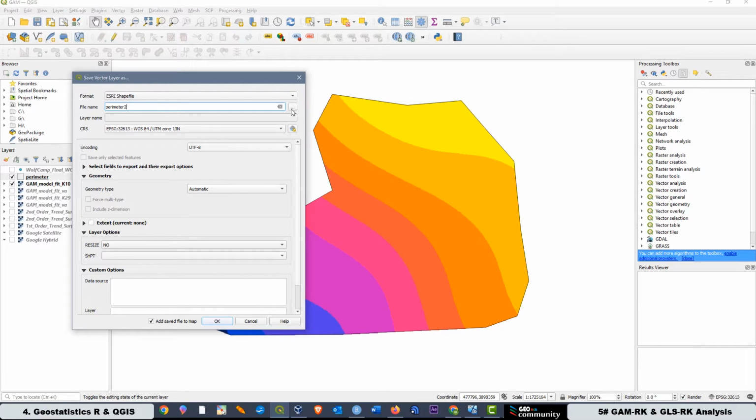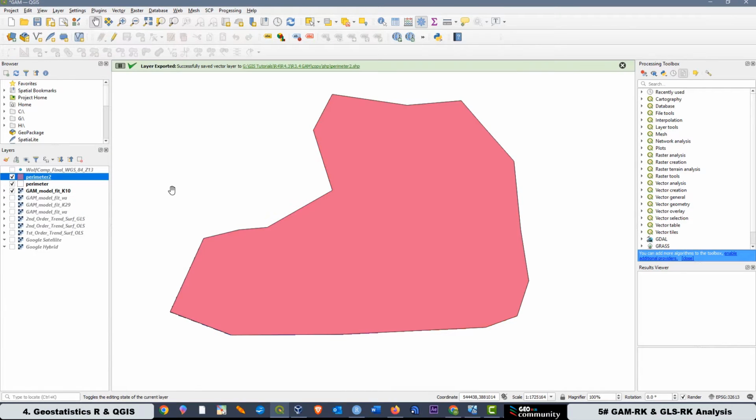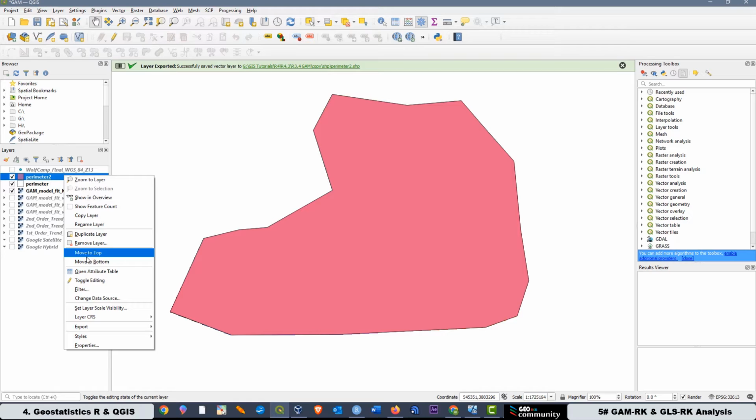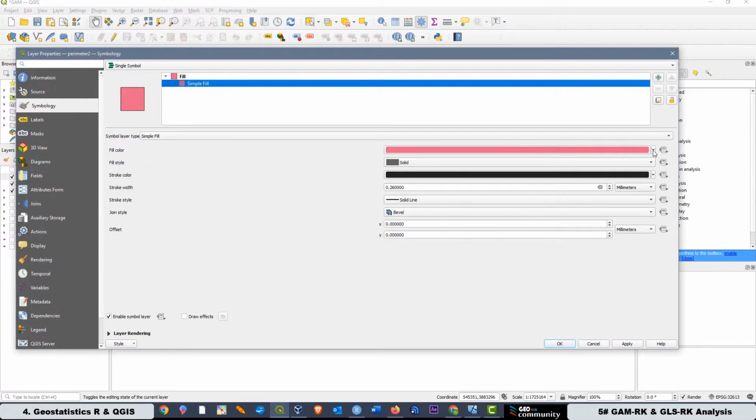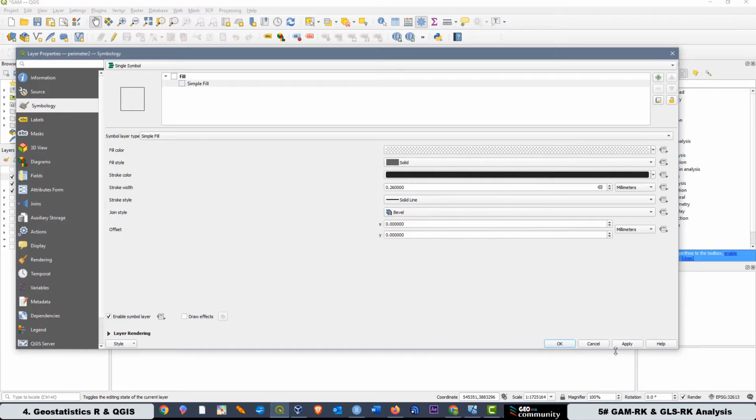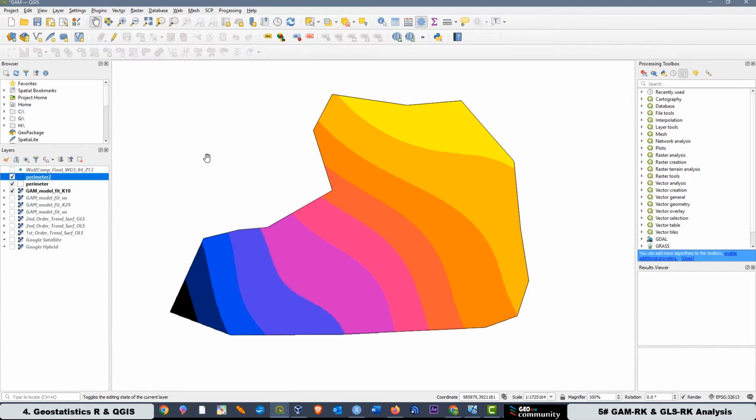Then save in the folder you want, or just press OK to save in the folder by default. Then OK. And now we can edit this perimeter's properties. Let's put this one transparent, apply, and OK. And now select this one, press the pencil, and we are going to deal with this toolbar